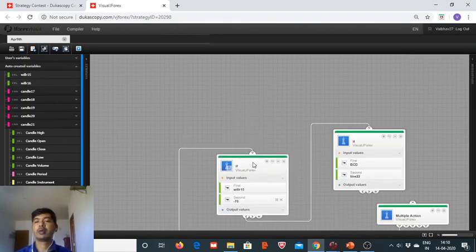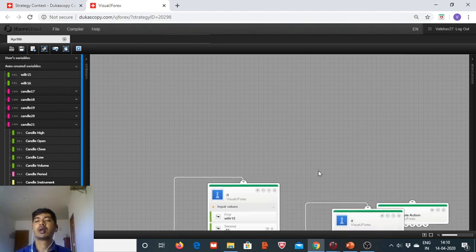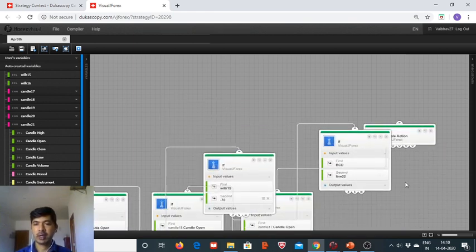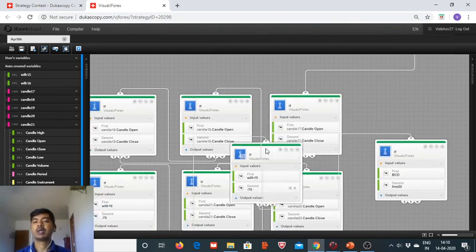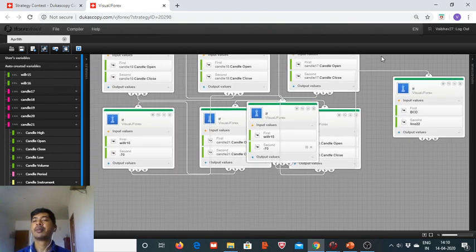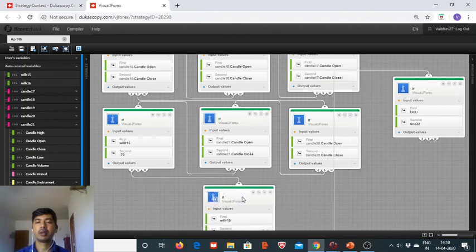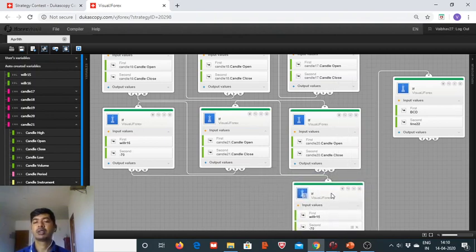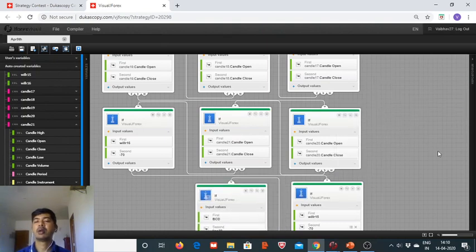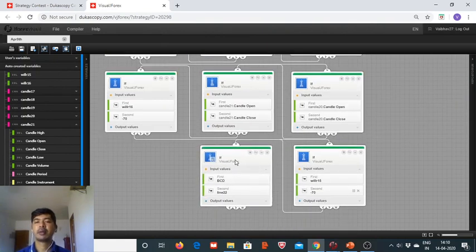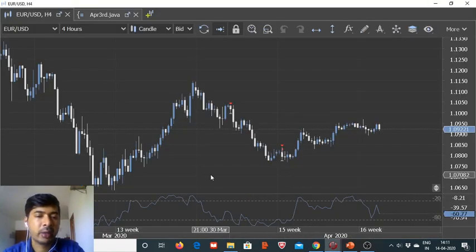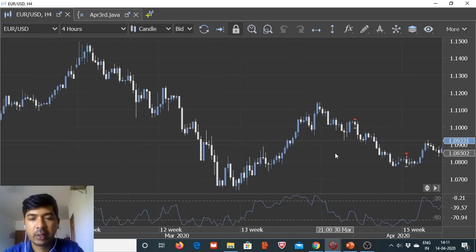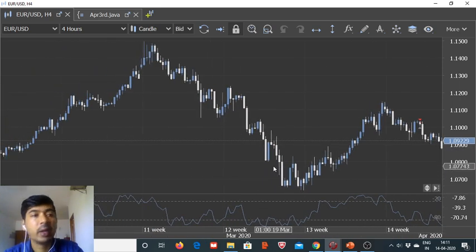So we are almost done with the basic requirements, but the question arises, where exactly are we going to look for the fresh entry? Now we need to go back on chart and see what can be the optimum condition, what can be the optimum combination which we can utilize for determining the entry and the exit points. So let us go back on the chart, and the same example here as we did while